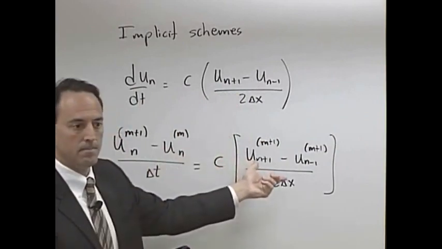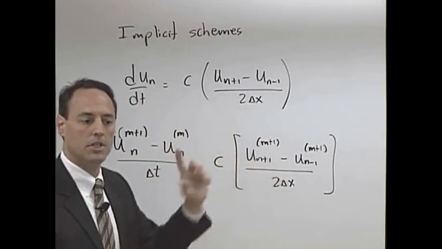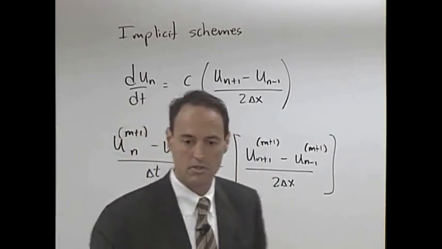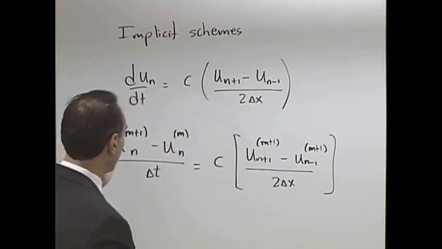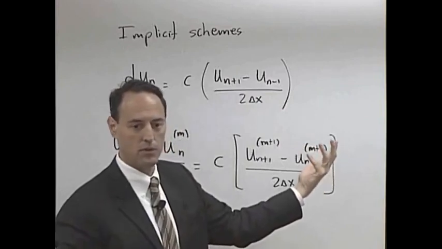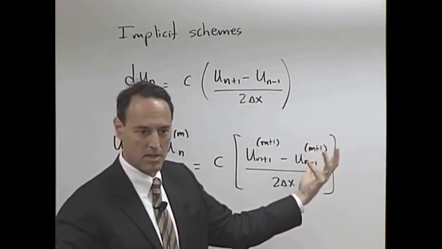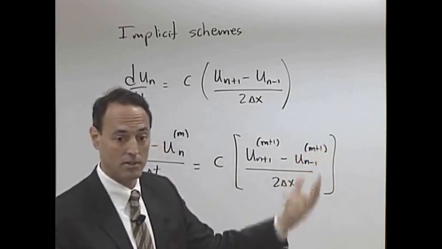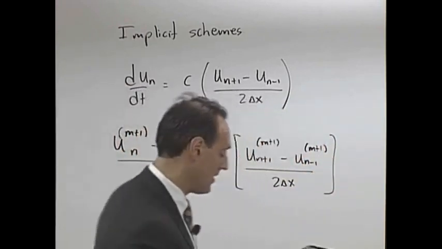I could do that. Now, here's what's kind of silly about it in a way, which is to say, my solution in the future is what it is right now, plus a little bit of the future. Well, I don't know what the future is, right? I'm supposed to determine that. So this is why it's called an implicit scheme. You have it all wrapped up in there. Now, in this case here,